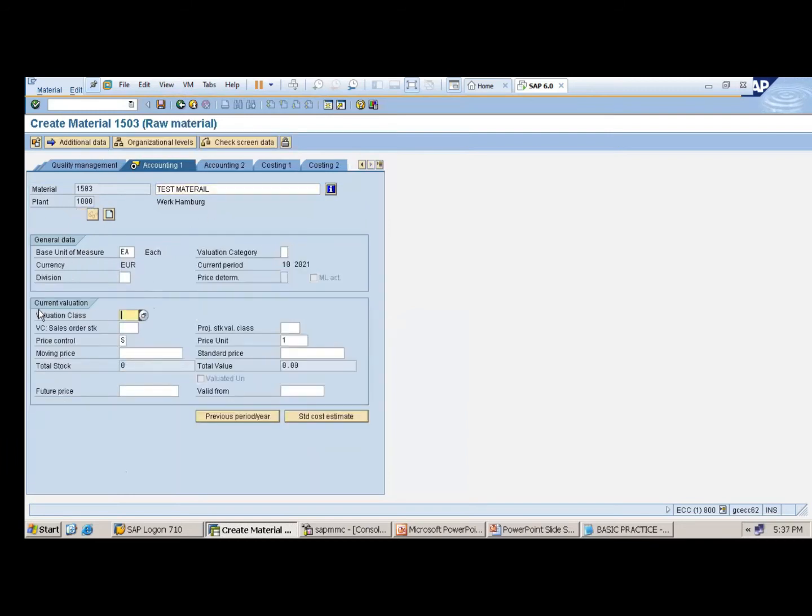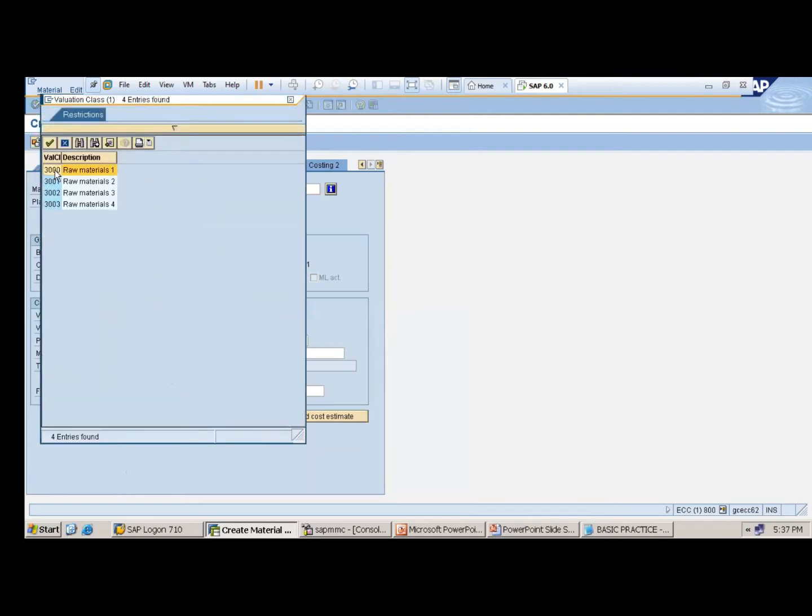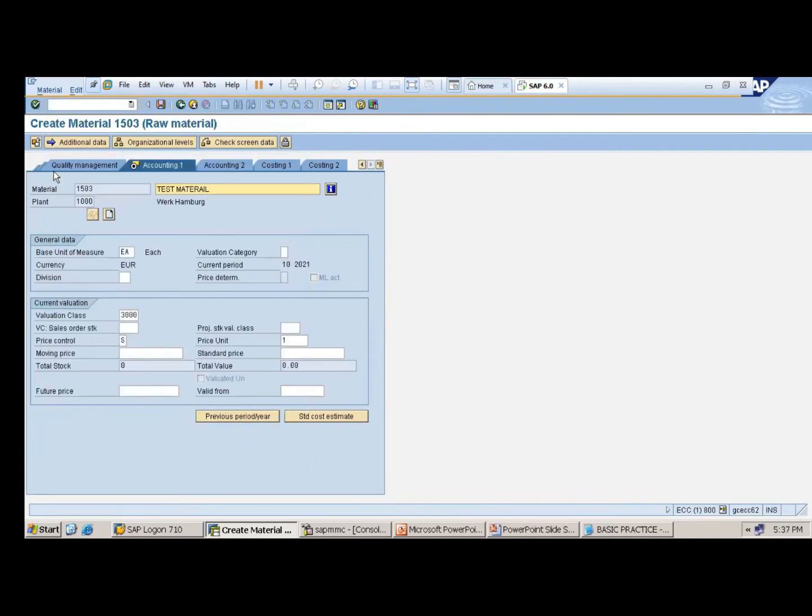Valuation class. This valuation class is a bridge between MM and FI integration. For raw material, different valuation classes are there: 3000, 1, 2, 3. So I can take 3000. For that, the moving average price, always V. Raw material always V. How much? 25.